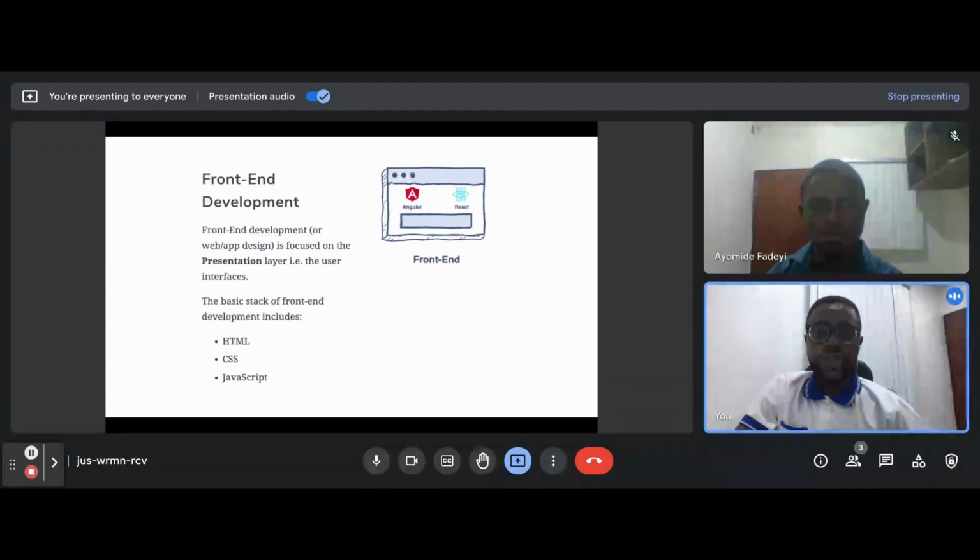When you put yourself to work within 4 to 6 months, you should be able to develop simple applications from the back end to the front end, and to deploying it within the period of 4 to 6 months. You may not be an expert within this period, but you would have understood the concepts and what